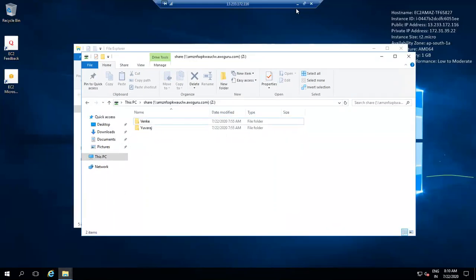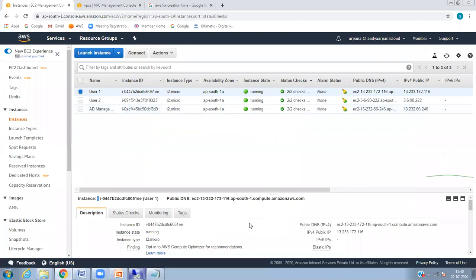Hello? I got it. And one more doubt. That FSx share path is there, no? So if I'm not mapping the DNS or anything else, then I go to the run command and paste that FSx path. Here you give the admin username and password, then it will be accessible.